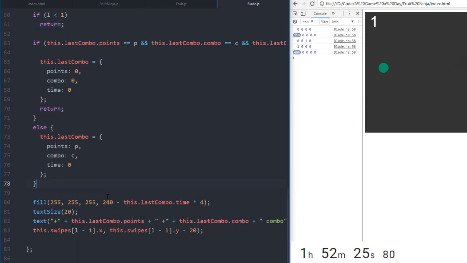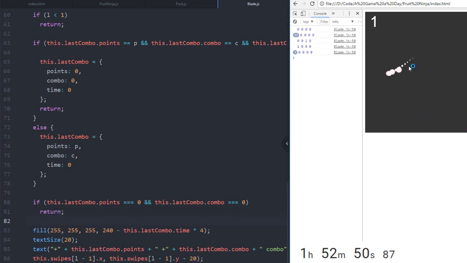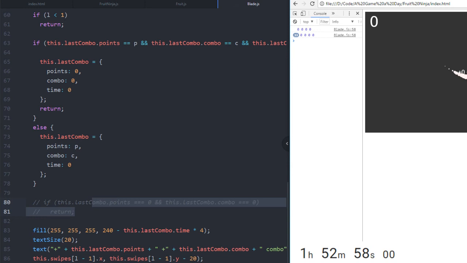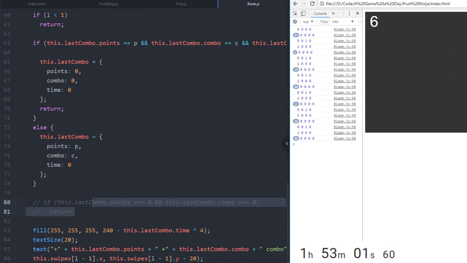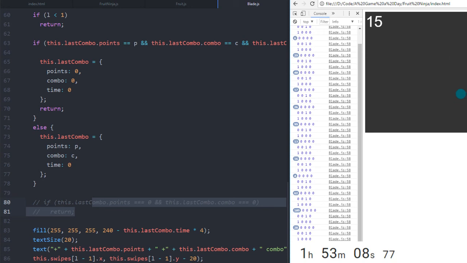What I need to check for is if this dot last combo dot points, here, we'll just copy this. Equal, equal, equal, equal, equal, equal 0, then we return. There we go. Oh, what? We had it for a second. So why is it changing? Oh. I don't want it to change